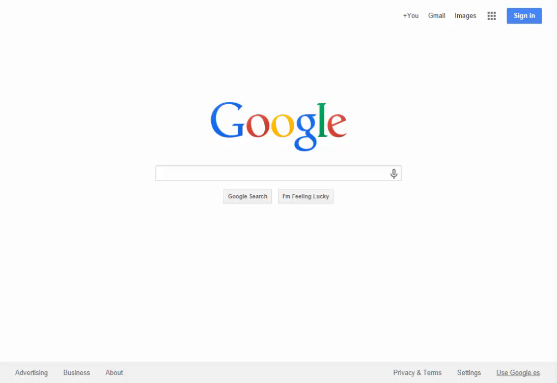So let me just load it up in the web browser. Once we've had a look at the website, I'll take you into my dashboard and show you how to configure the plugin, how to set it up, and how to use the various templates that come with it. So we're loading the page now,